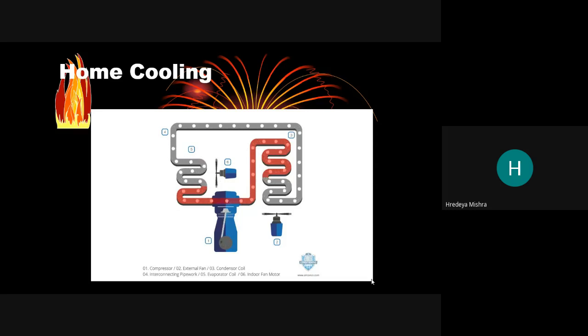So today we talk about home cooling, or domestic cooling: how we can provide air cooling for domestic purposes. So here, as you see,